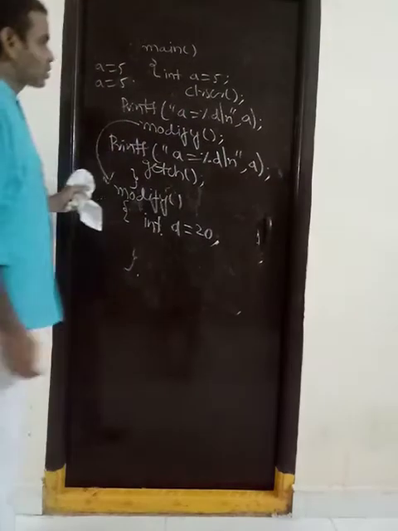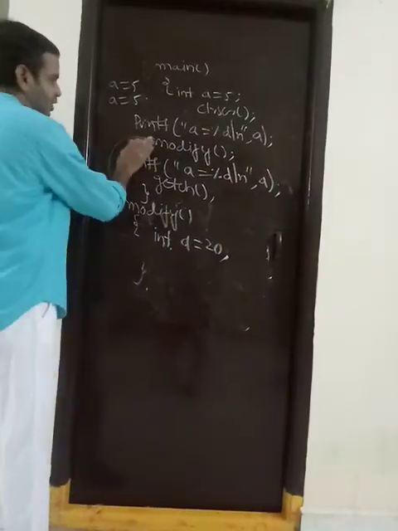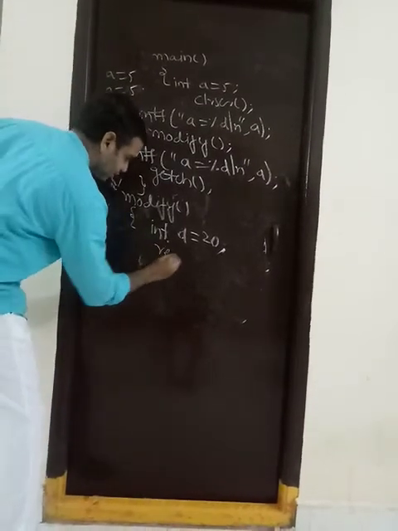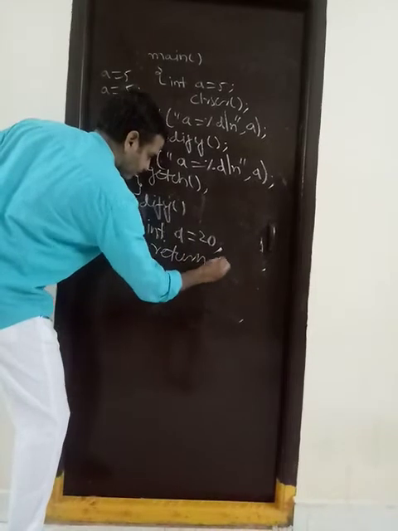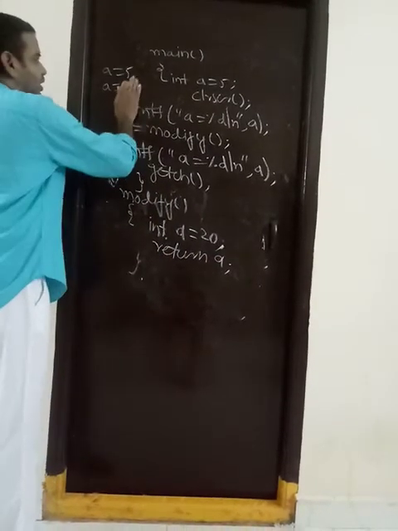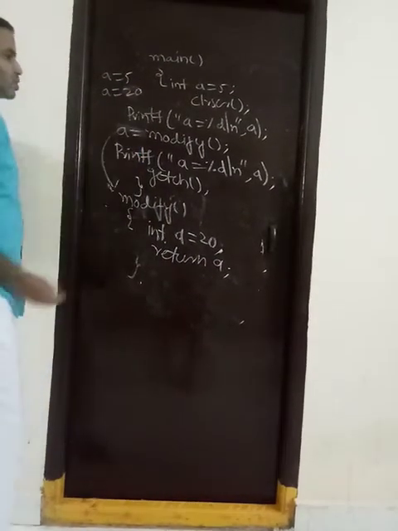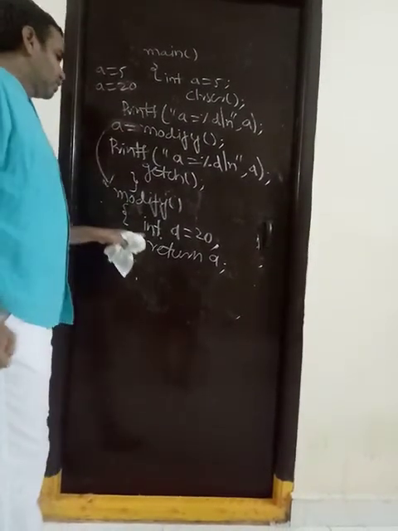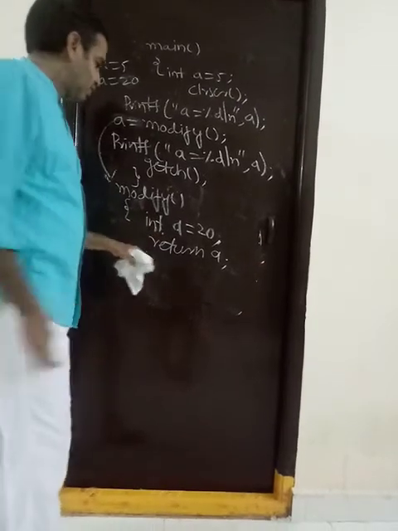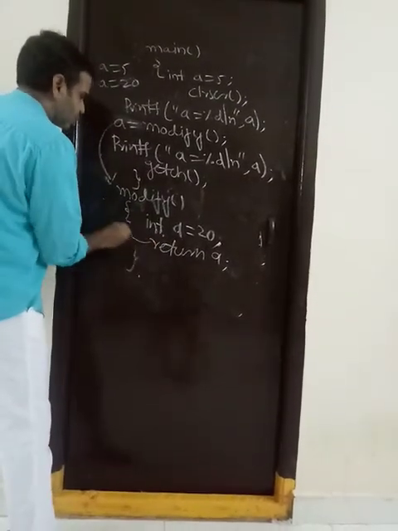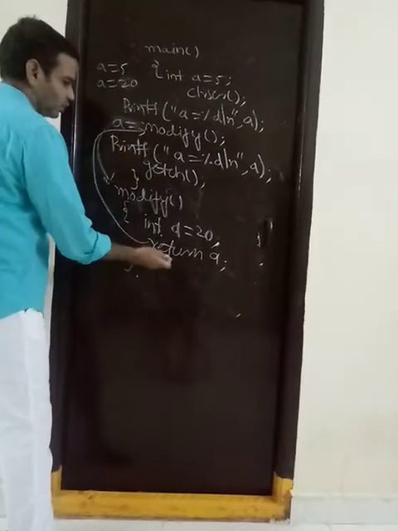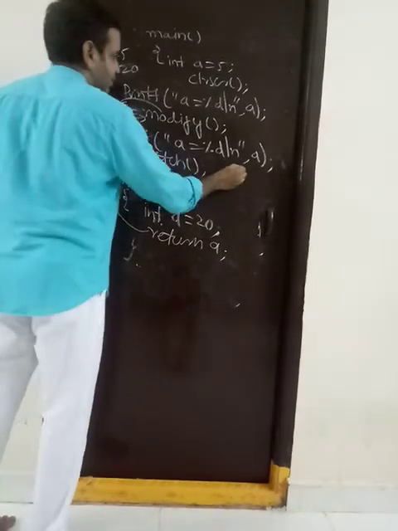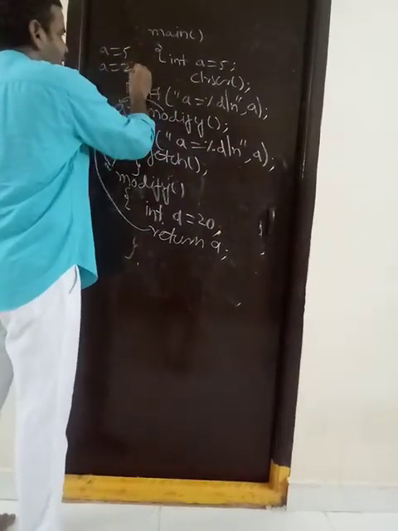So how are we writing it? See here, I am assigning a is equal to modify, and here I am writing return a. Then it will display output as a value 5, then a value 20. So modify is one of the user defined functions, the cursor comes to modify, integer a is equal to 20, and return a means wherever you call it, the control goes there. So the modify value, a value equal to 20, we assign to a variable, then we print that variable, so we get output as a value is equal to 5, b value equal to 20.